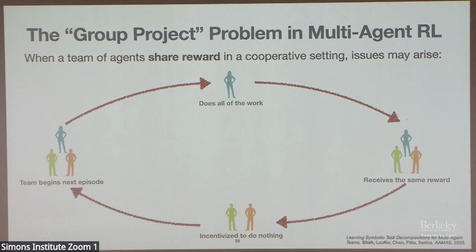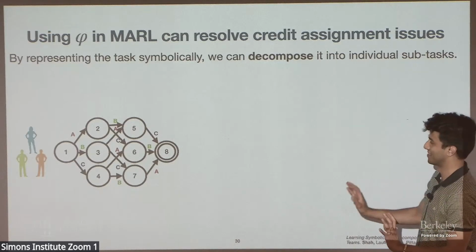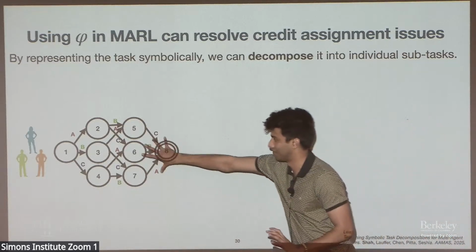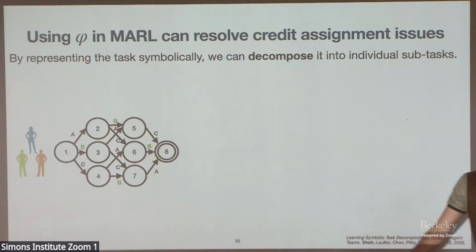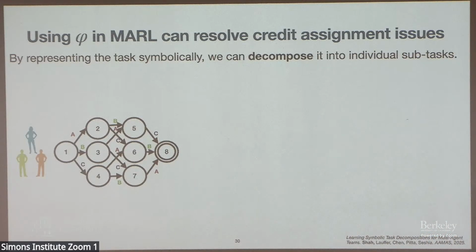Now, formal specifications can actually be very useful here because of their symbolic task structure and their notion of compositionality. So let's talk about this. It's kind of a mess, but let's say I have this automaton that I want to accomplish. Just one detail: I no longer care about infinite acceptance. I just want to end up at my accepting state, represented by concentric circles here. So this is a DFA now.